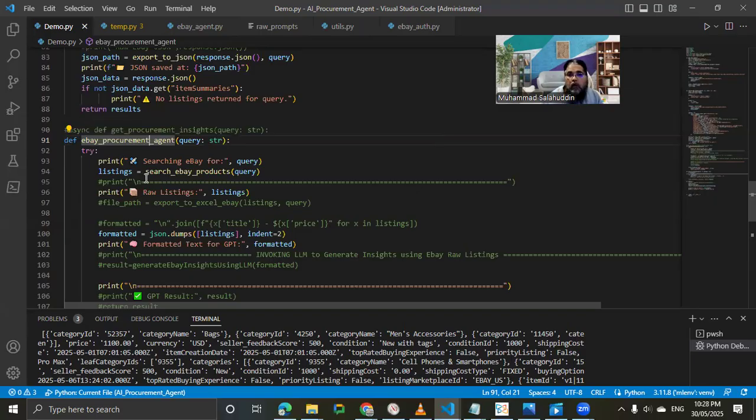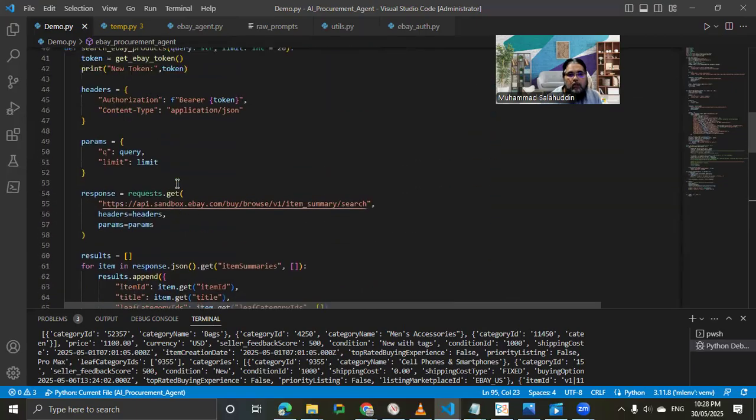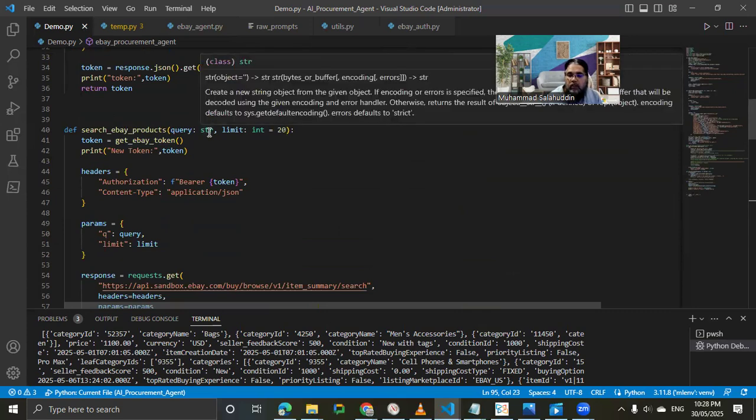So first we are going to call the search eBay product, because our first job is to get the eBay data, right? That's what we have seen in the last video. We did it in the Postman. Now we are going to replicate it in the development environment. So search eBay product, if I come in here and look at the search eBay product, so that's my search eBay product. The very first thing, and you can see I'm already passing the query into all function,